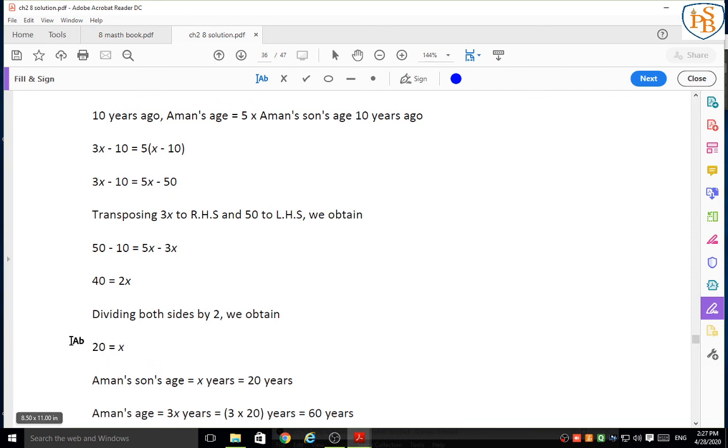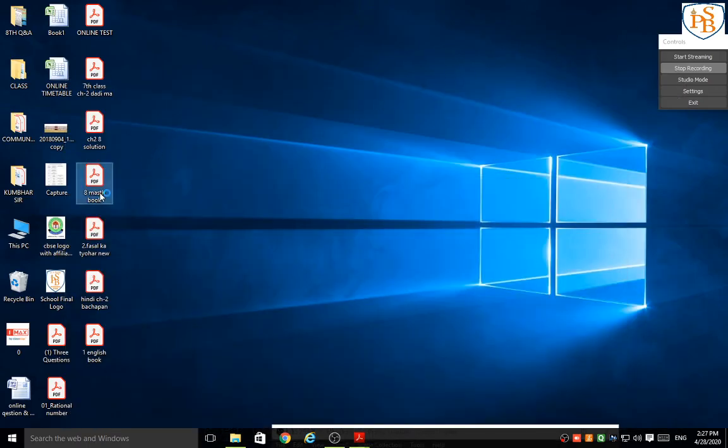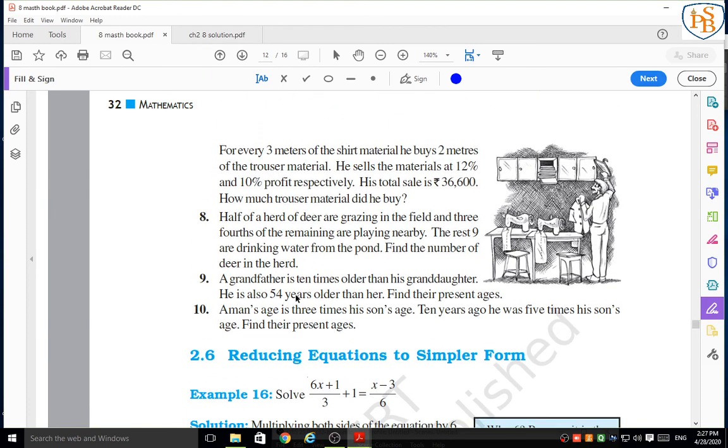So with the help of this value of x, we can find out Aman's son's age and Aman's age. Aman's son's age is x years, which is equal to 20 years. And Aman's age is equal to 3 into 20 years, that is 60 years. In this way, we can solve this whole exercise 2.4,